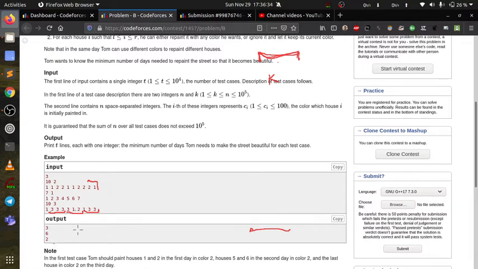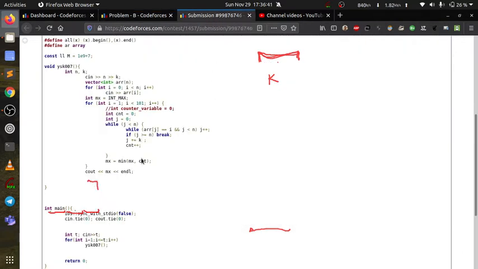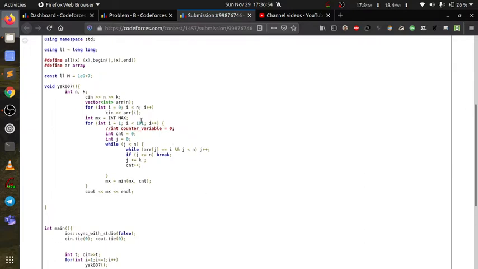So basically it's a simple brute force problem. What I did, as you can see in the solution below. Let me first erase this. Okay, now it's okay. So I have taken the array input. I have first declared a value for the minimum. You can declare any value which is out of bounds, a very large value.